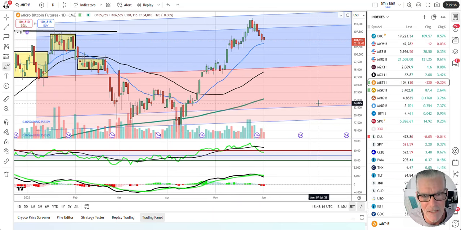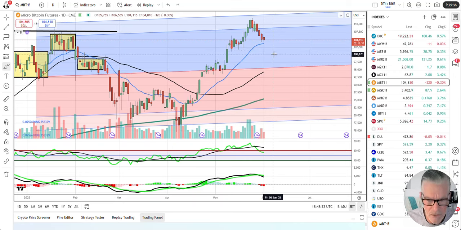I've got it on my buys list. It's not a buy just yet. We need to see the 21 hold. We need to see a green candle where the close is above the open, and we need to see some better volume coming in. We saw very good volume coming in on that rally up to new all-time highs. This is just a very modest, shallow pullback to consolidate,